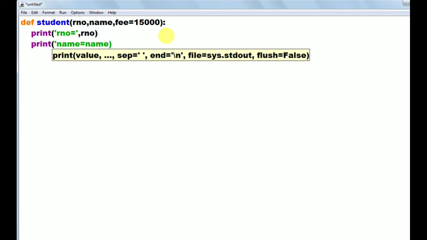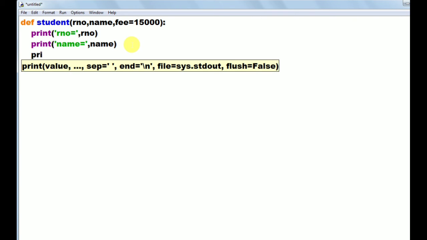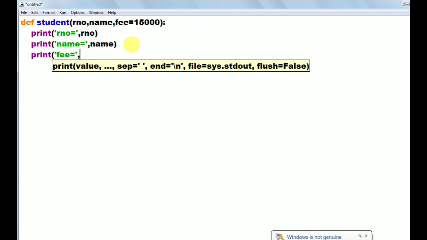Then I want to print the fee value. So to print the fee value I am writing print fee equals to, comma, fee. So that prints the fee value.